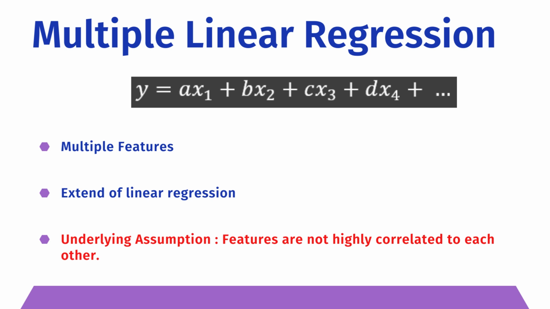In multiple linear regression, the underlying assumption is that the independent variables are not highly correlated to each other. That's why the target value is dependent on each individual feature, and each individual feature is combined using a linear equation. So with this, we can use the linear regression techniques to find the parameters by minimizing the loss function